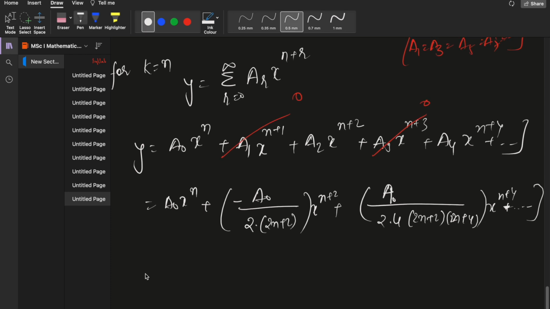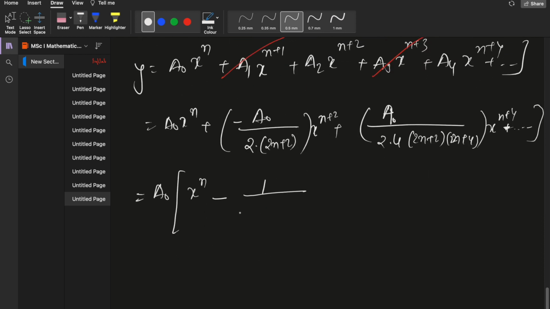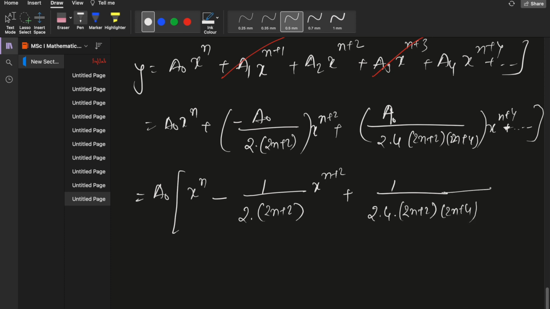I can see a0 is common in all the terms, so I can take a0 as common. The left quantity is x to the power n minus 1 upon 2 times (2n plus 2) x to the power n plus 2 plus 1 upon 2 times 4 times (2n plus 2)(2n plus 4) x to the power n plus 4 minus and so on. Alright,